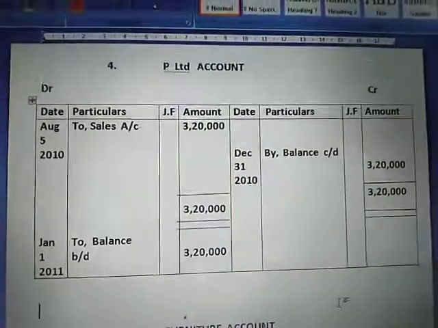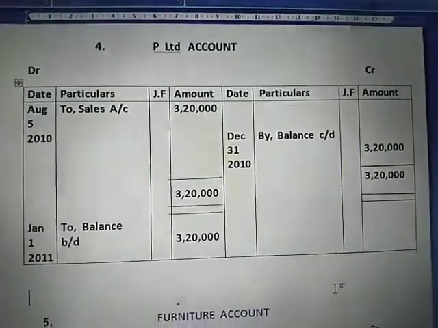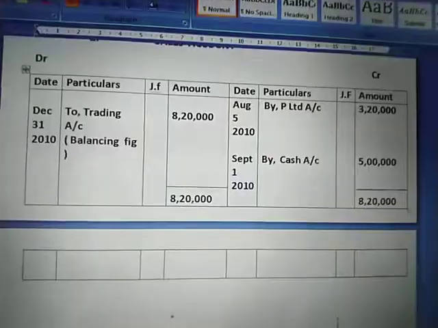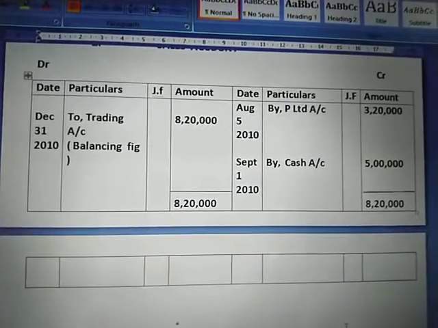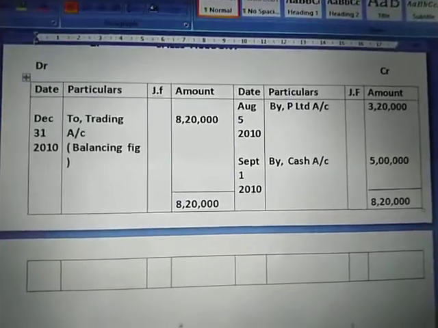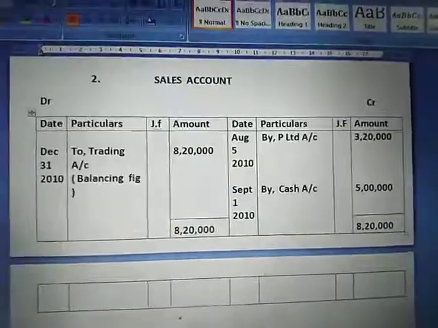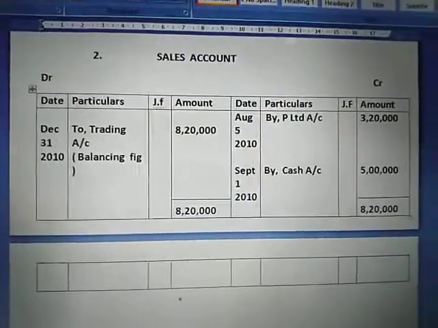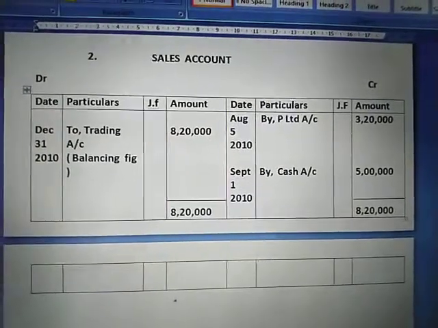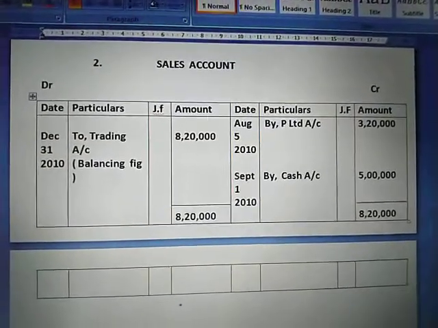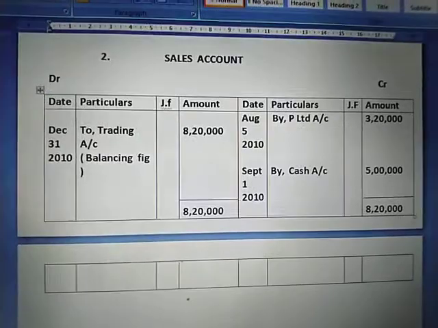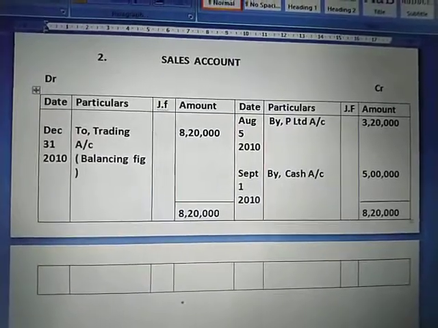Okay, now the next account we will move to is sales account. In the sales account we will have on 5th August 2010 by P Limited account 3,20,000. Since the journal entry was P Limited account debit to sales account, when we are making the sales account we have to write down as by P Limited account 3,20,000. Okay,